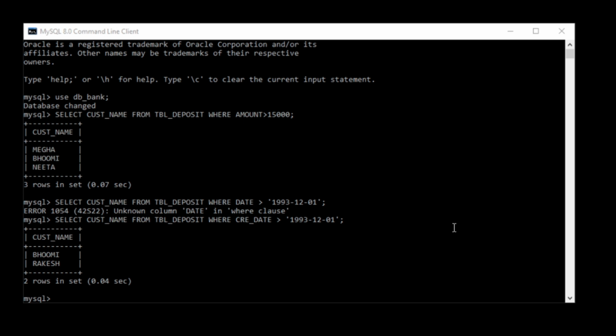Then for the practicals, from the above given tables we performed the following queries. First we described the tables, then we listed all these tables, and after that the last three queries: give account number and amount of depositors, give name of depositors having amount greater than 15,000, and the last one is give name of customers who opened account after the date of 1st December 1993.